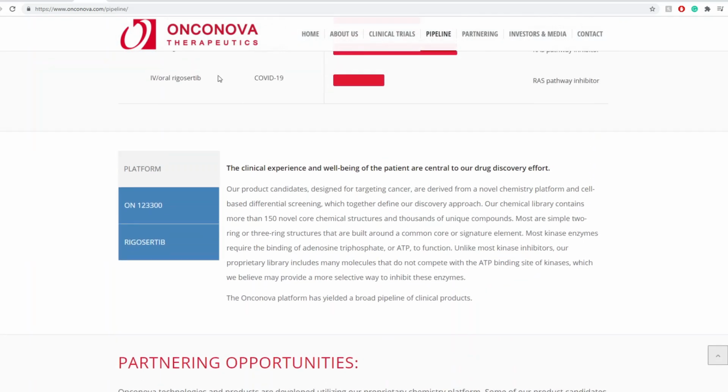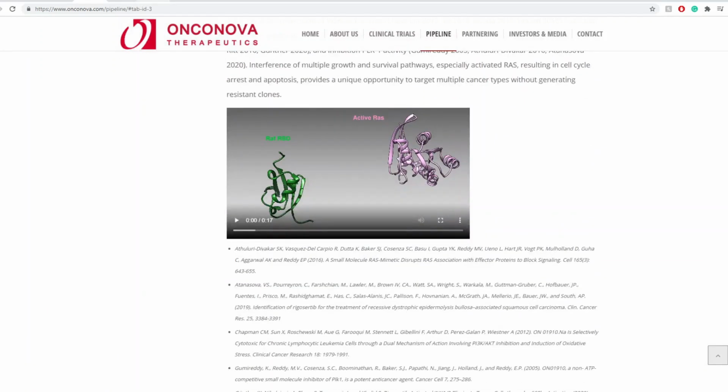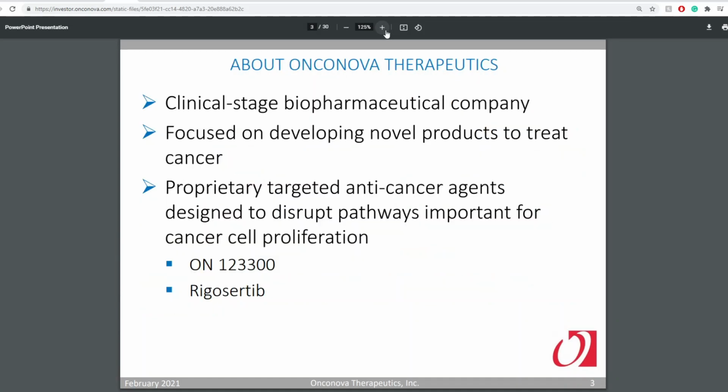Now, I can go into exact details about each of these, but I think best is to go on towards the presentation, the PowerPoint first. So this presentation was actually a very recent one. About Oncova Therapeutics, they've got proprietary targeted anti-cancer agents designed to disrupt pathways important for cancer cell proliferation,